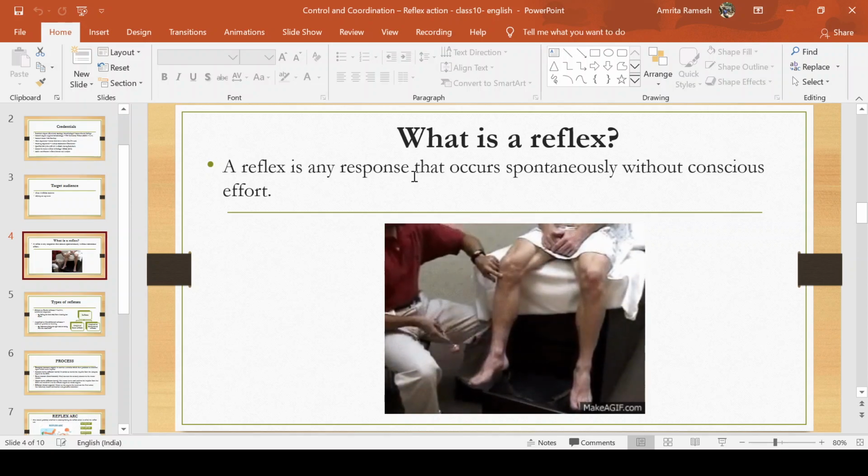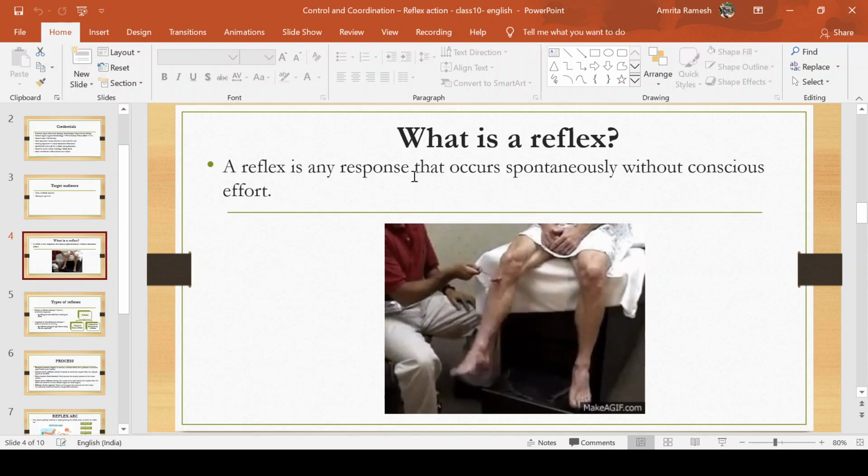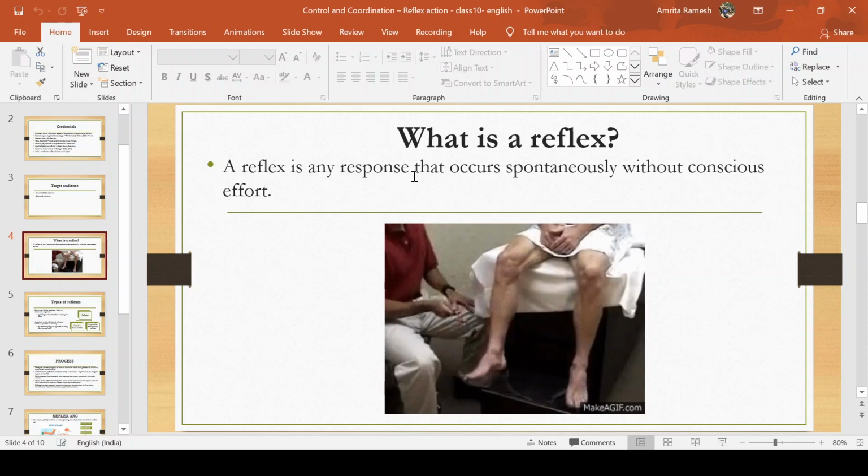Now, why does it happen? That particular point causes that reflex because when you hit it, there is some kind of a pain. Quickly, our knee will start twitching or flexing. This is a perfect example of a reflex. You can see the minimal time, hardly some nanoseconds, involved in this flexing. This is what is called a reflex action. The amount of time is very, very little. So this is what a reflex is.